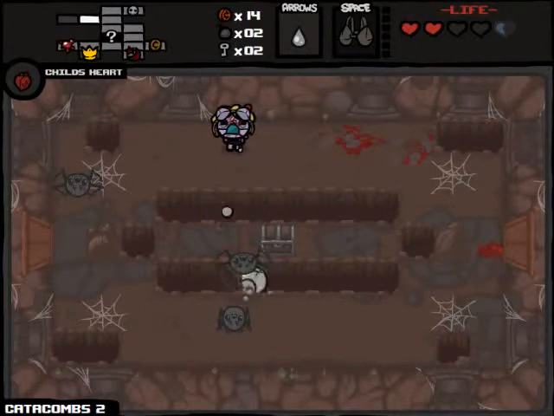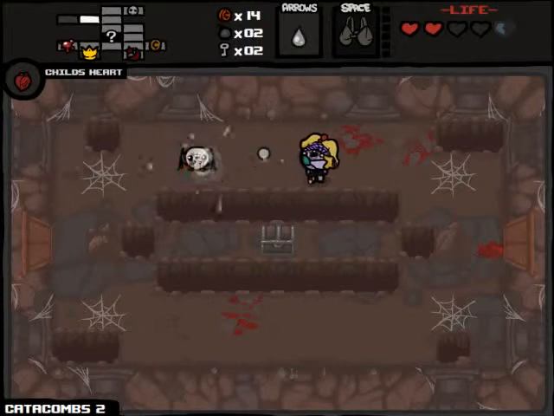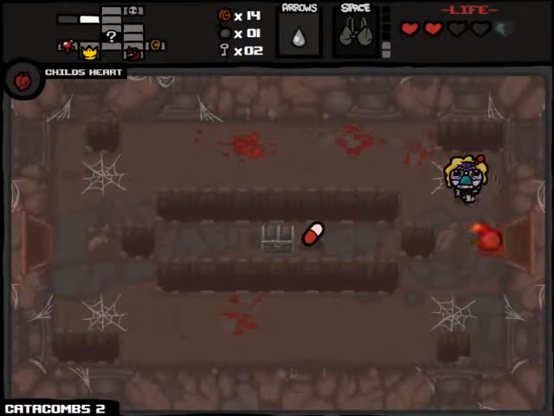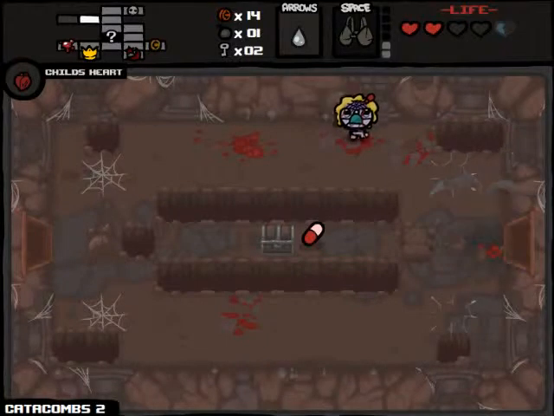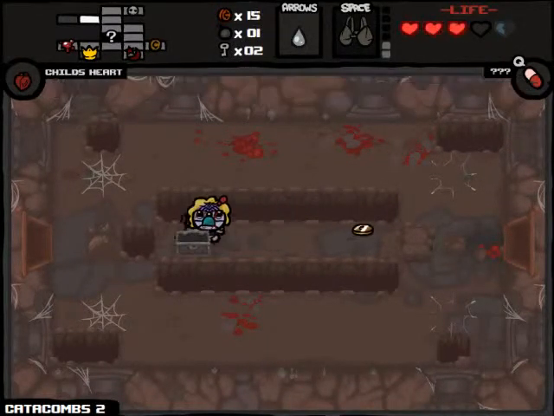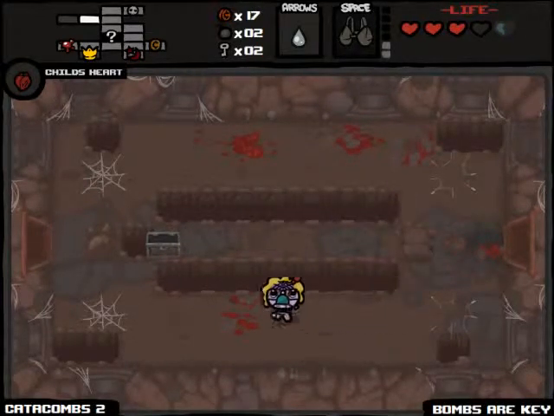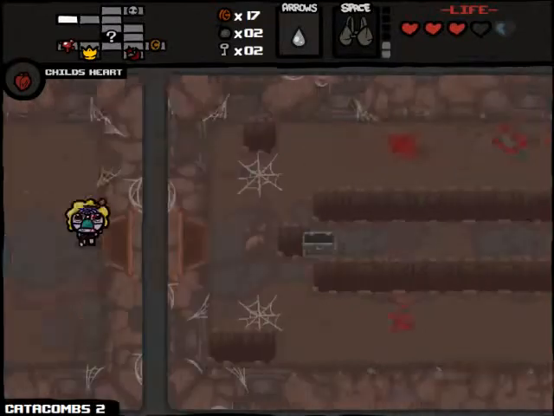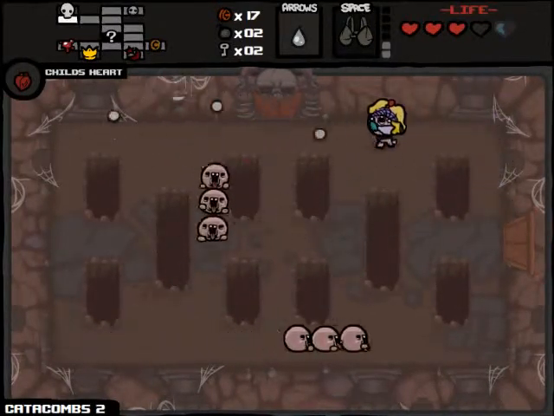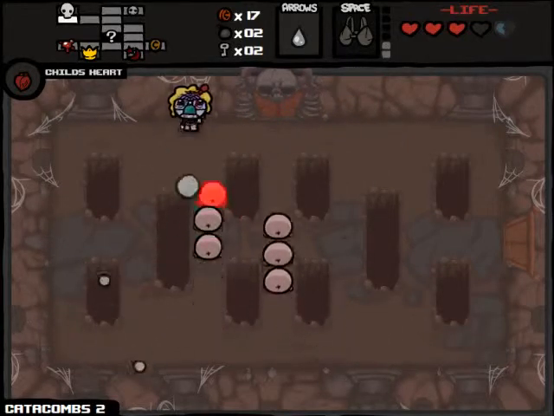And I just remembered I actually had Mom's Bra, so I decided it's time to actually give it a good try to not take stupid damage consistently. And that actually gave me an extra bomb. Bombs are key. Didn't do anything. Here we go. Boss room. Oh. Have I been everywhere? Yes, I have, so...